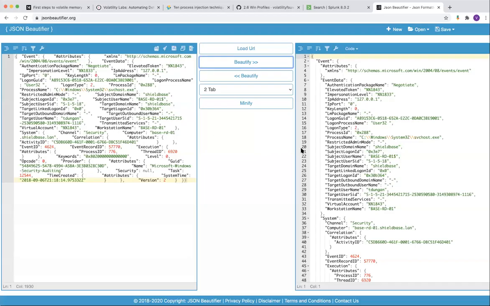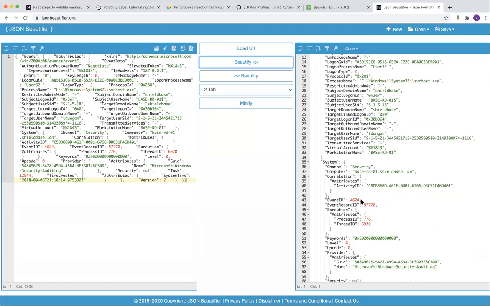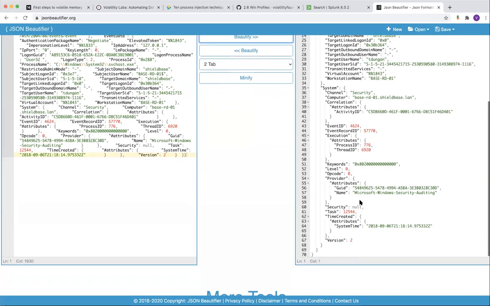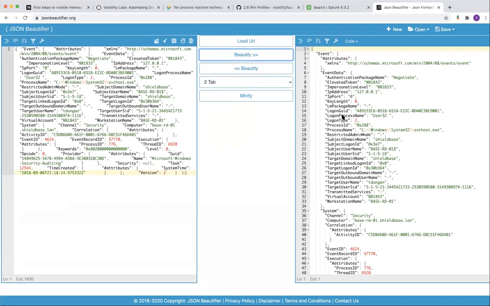So this is one of the event logs which I have parsed previously. You can see over here the event ID. The security event log will have different event IDs, and one of the things I see is event ID 4624. And the logon type, if you see, is 2. That means it is keyboard-based.